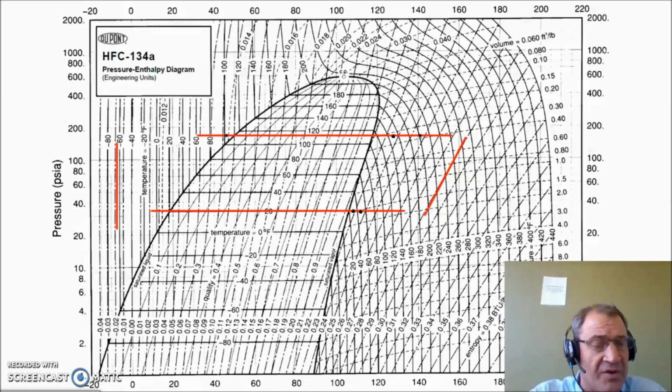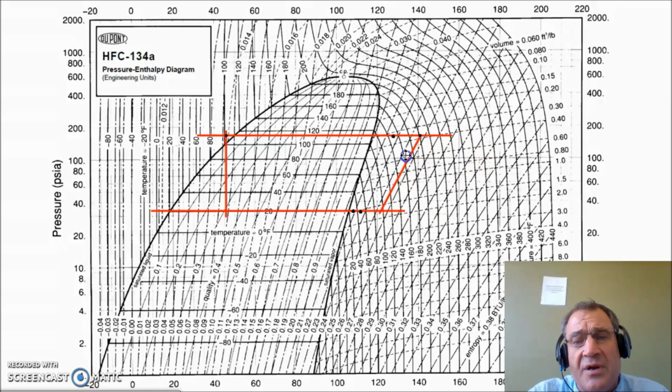After we've determined all of this, then we can simply move this line over here and come down, take this line, start at this point,